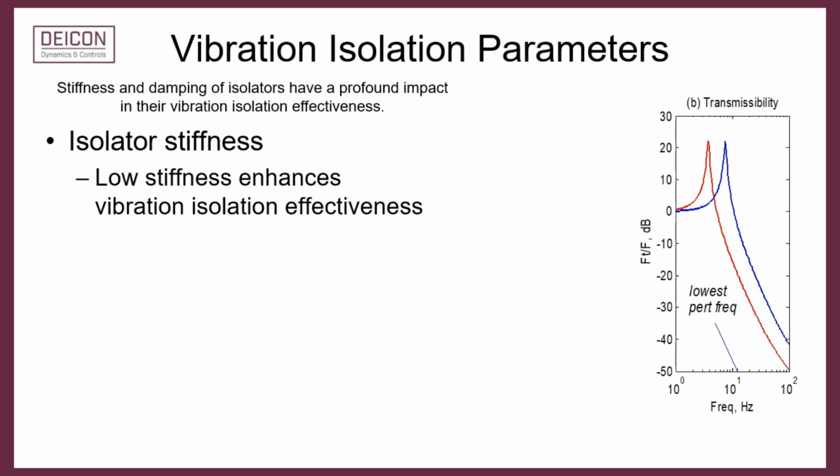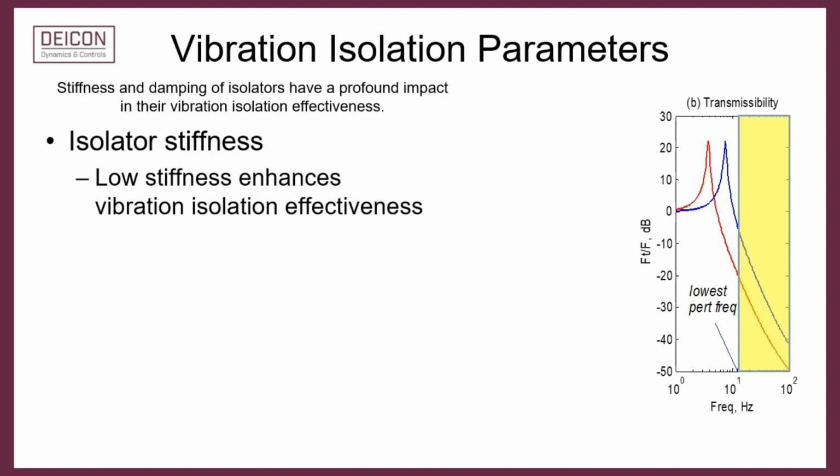The dynamic attributes of isolators, namely their stiffness and damping, have a profound impact on their vibration isolation effectiveness. Frequency response function of transmissibility is commonly used to judge the effectiveness of an isolation system. Note that the goal of any vibration isolation exercise is to lower the magnitude of transmissibility. Clear from the transmissibility frequency response, vibration transmission is mitigated at higher frequencies and exacerbated at lower frequencies. For this reason, the design should be done in such a way that all the perturbing frequencies fall in the